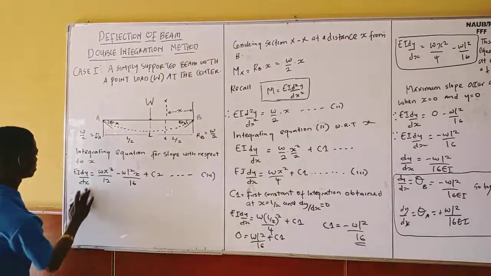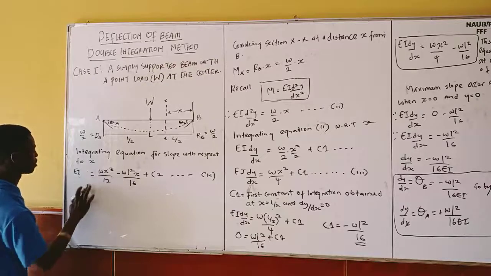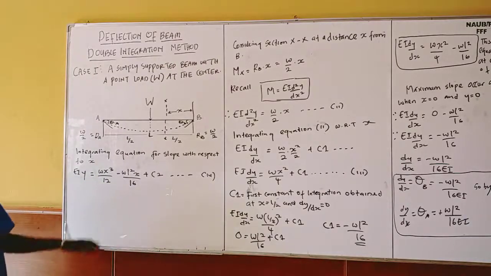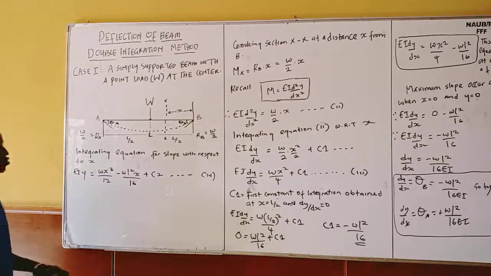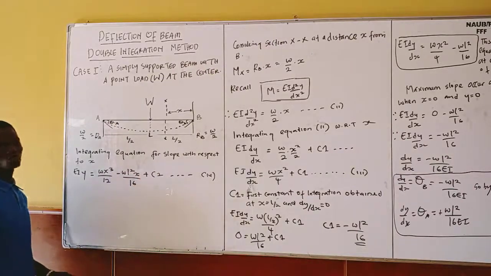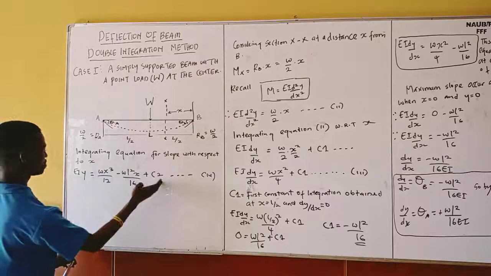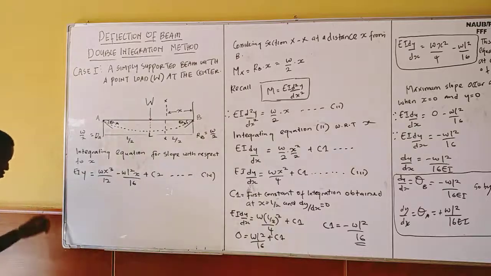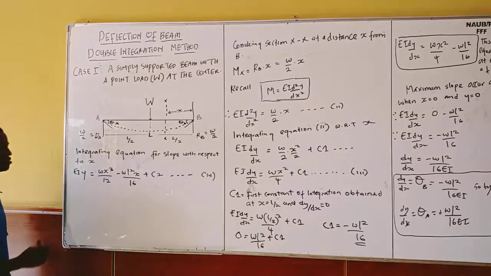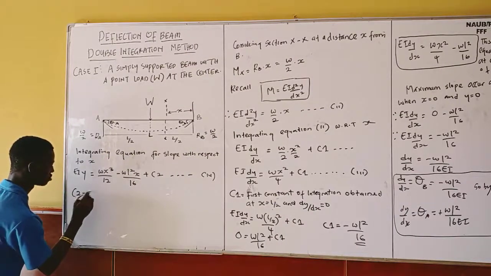But in this case, when I integrate dy/dx, it is going to give me y. It is a mistake, sorry guys. So in this case now, we have established another equation. So what we are going to do next is to find the value of our c2, then substitute it back into this equation. So the value of my c2, the second constant of integration, is